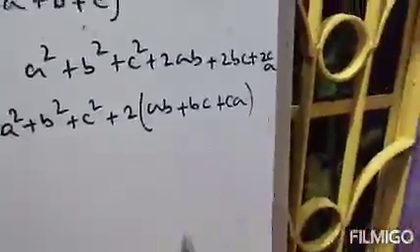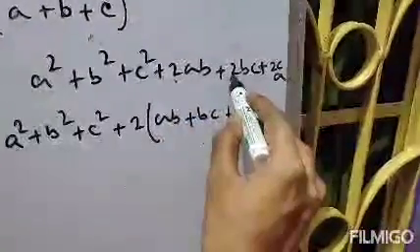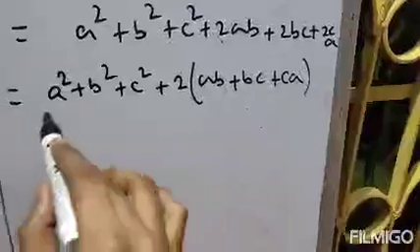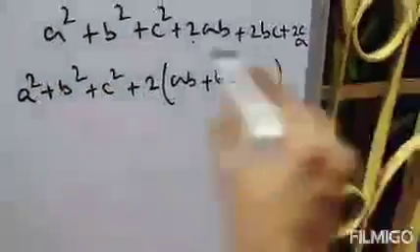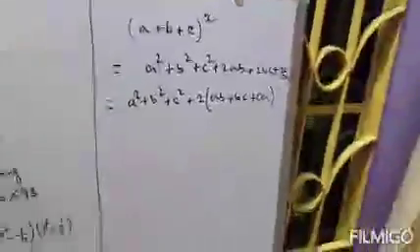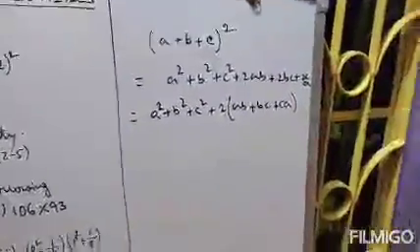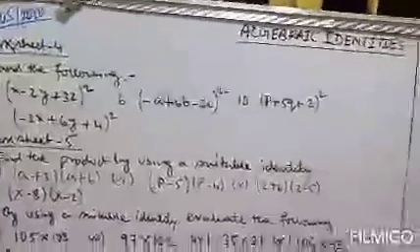I have taken 2 as a common factor. Clear? So you can put this formula or you can put this in your formula. Both are the same. So this is the formula, (a plus b plus c) whole square. Just take a screenshot, and when I solve these questions it will help you to understand better. So using this formula we will solve worksheet 4 questions.